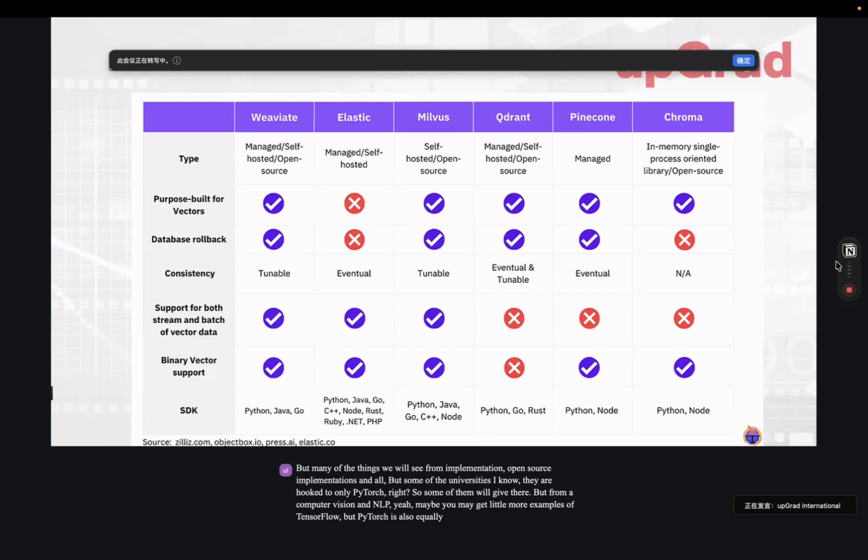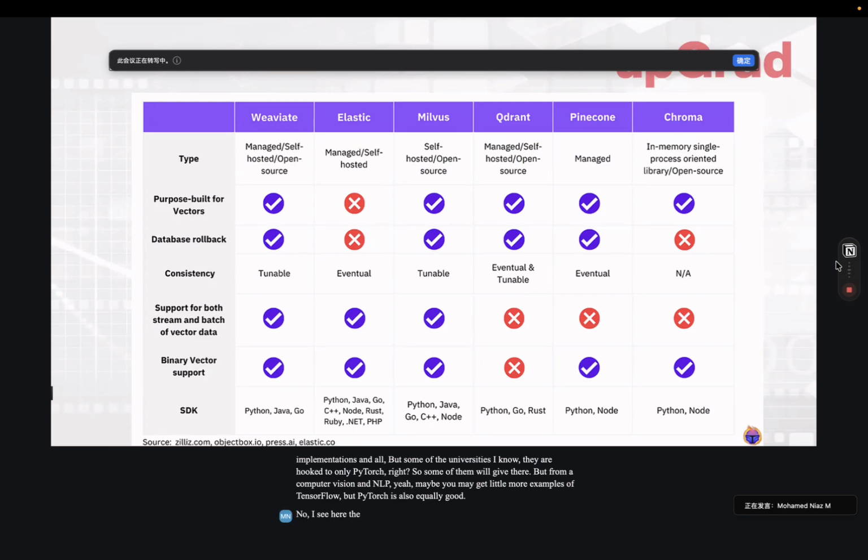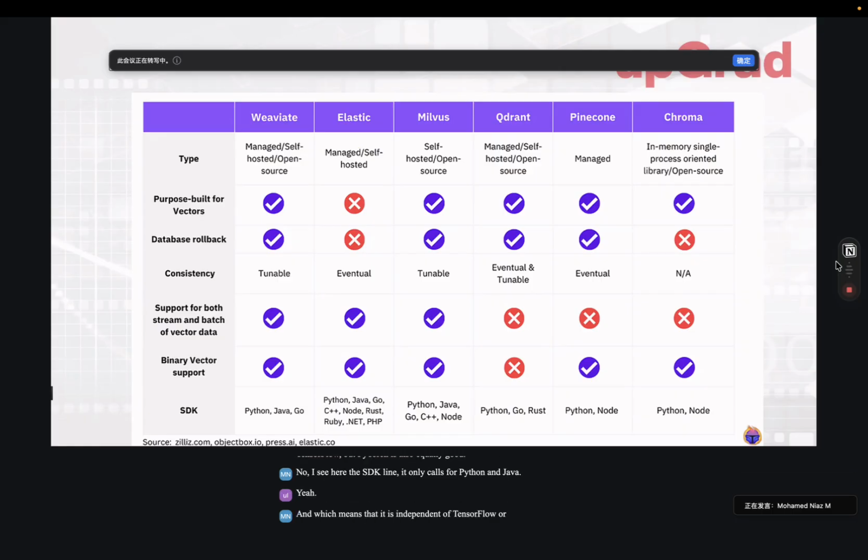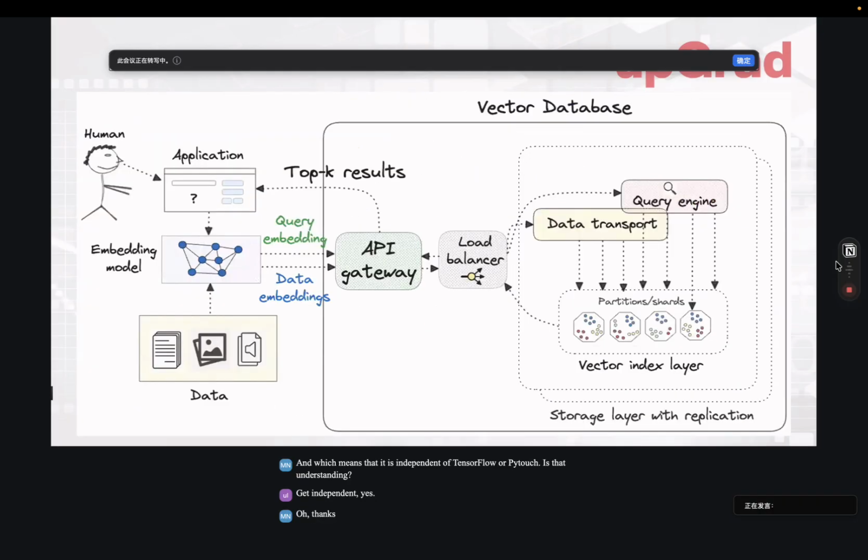Now, I see here the SDK line only calls for Python and Java, which means that it is independent of TensorFlow or PyTorch. Is that understanding correct? It's independent, yes. Okay, thanks, Professor. So just to summarize those points